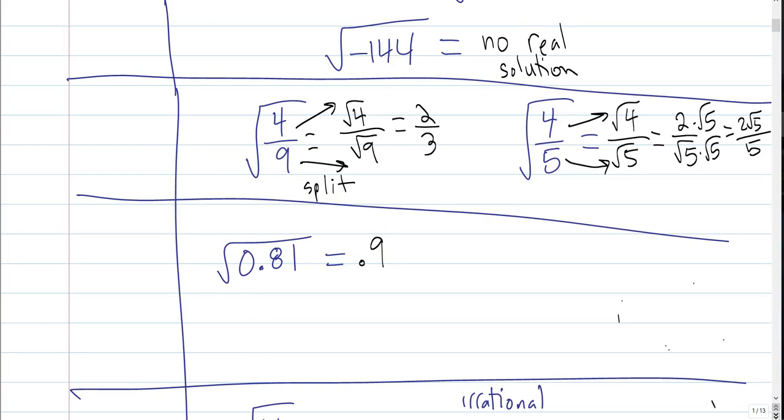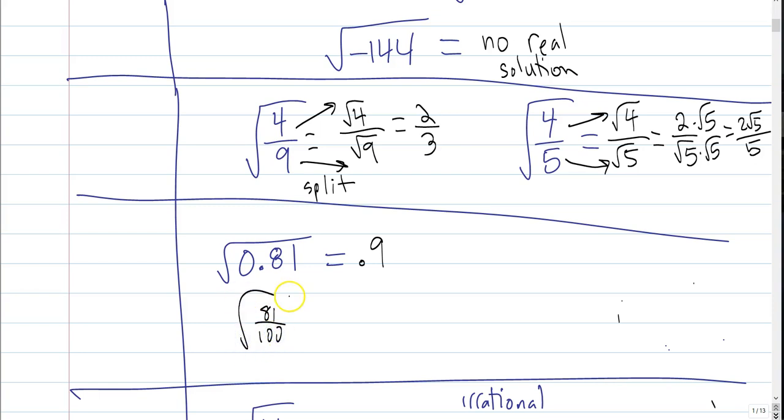Or, this is one where you can actually take it back to the fraction and make a little more sense out of it. The square root of 0.81, if you can read that with place value, what do I mean by that? Well, it's 2 decimals after, or 2 numbers past the decimal place. So that would be tens, hundreds. This number is 81 hundredths. So, well, 81 hundredths can be written as a fraction. 81 hundredths is the same thing as 81 over